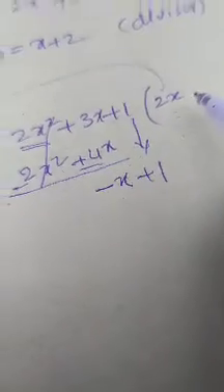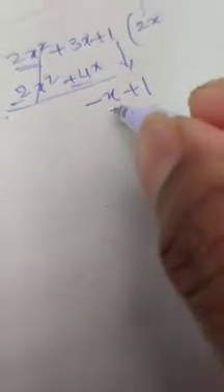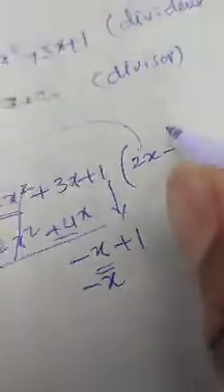Now to get the next term of the quotient, take the first term in the dividend and the first term in the divisor. So what is the first term? Minus x. I am doing the rough work again. Minus x I am writing in the numerator, and the first term in the divisor in the denominator. Now cut it, you will get minus 1. Now this is the second term in the quotient, here I am writing minus 1. Now multiply minus 1 with these two terms. Minus 1 into x, we will get minus x. Next, minus 1 into 2, we will get minus 2 here.